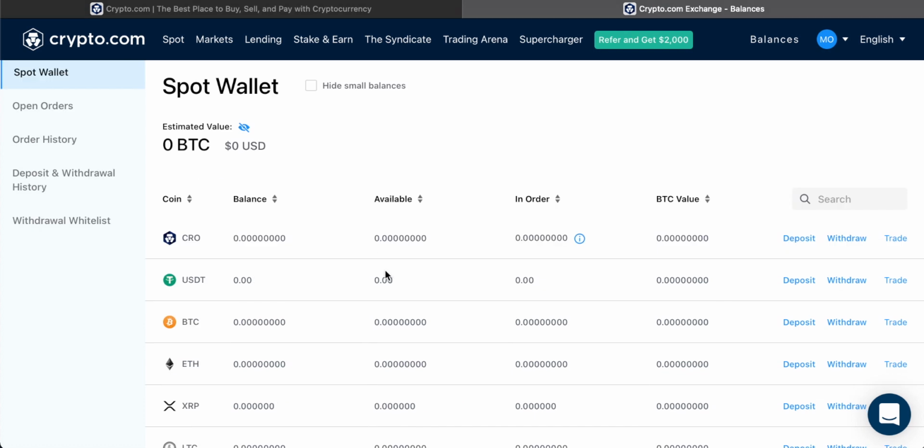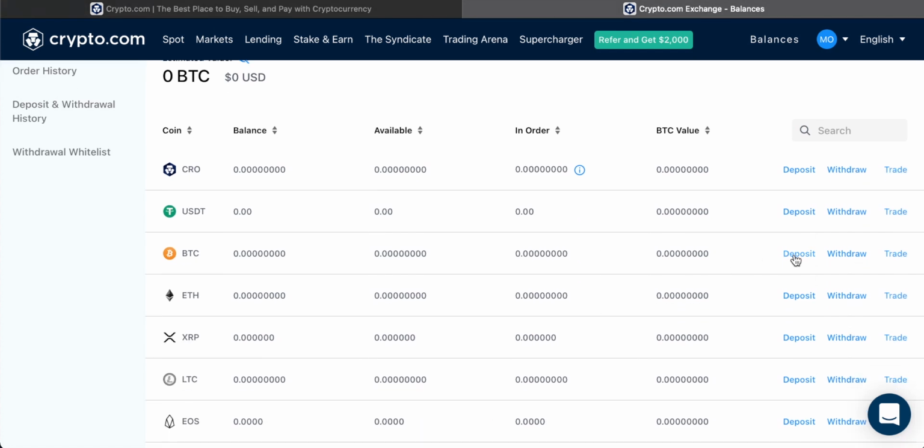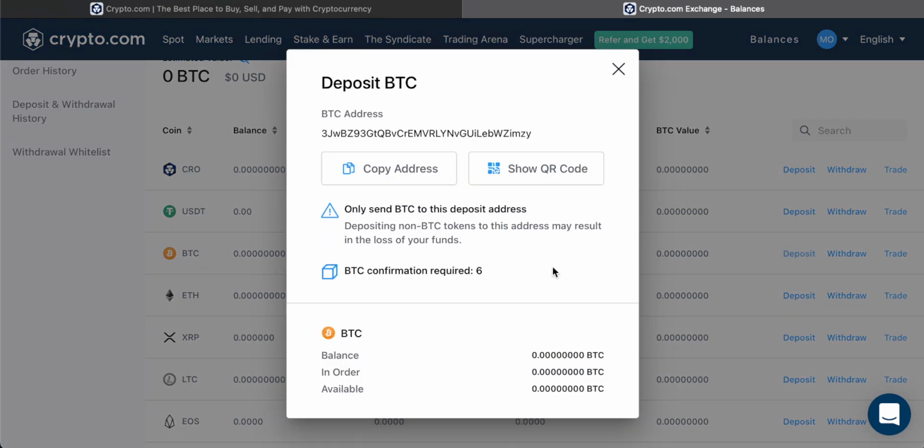You actually have 3 options in your balances. The first is deposit and then withdraw and then trade as well. We'll get to trading a little later, but let's go and deposit something now so we can actually hit deposit on Bitcoin. And you can see I have my Bitcoin address on crypto.com right here. There's a couple of things you can do here. You can either copy this address, so that's copying this very long address right here, or you can show the